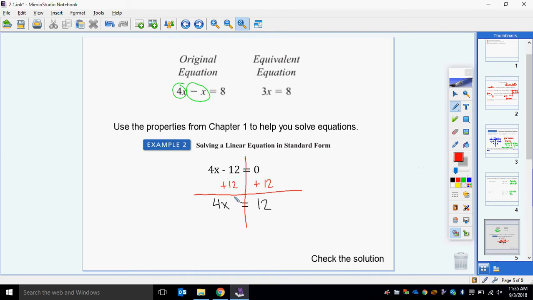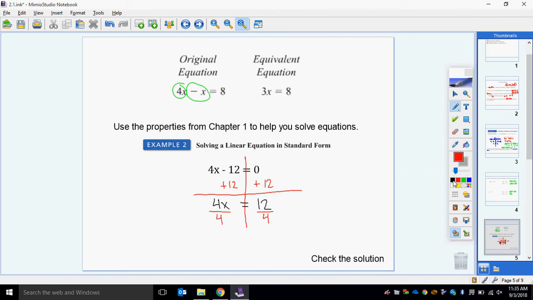So I want to use an inverse again, same idea, to get rid of the 4 times x. Well, the inverse of that would be taking this times 1/4. And a lot of times when we take things times a fraction, it's the same as dividing. So times 1/4 is the same as dividing by 4. So I'm going to use division on both sides